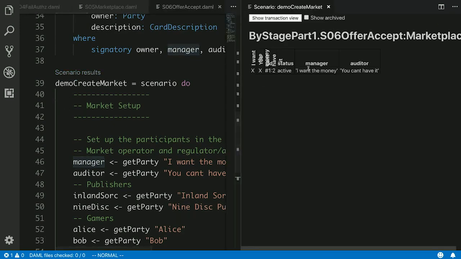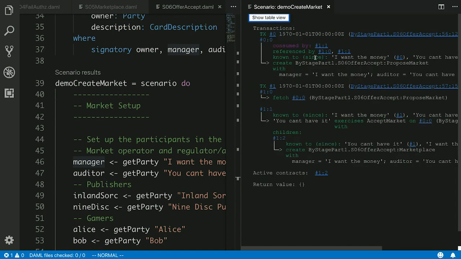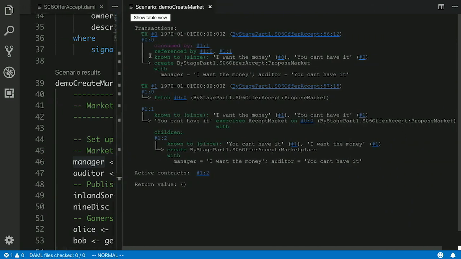And if we run that, we will see that the second transaction has actually run through in that way. So here we have the creation of the proposed market contract, and here we have the resulting creation of the marketplace by the auditor.